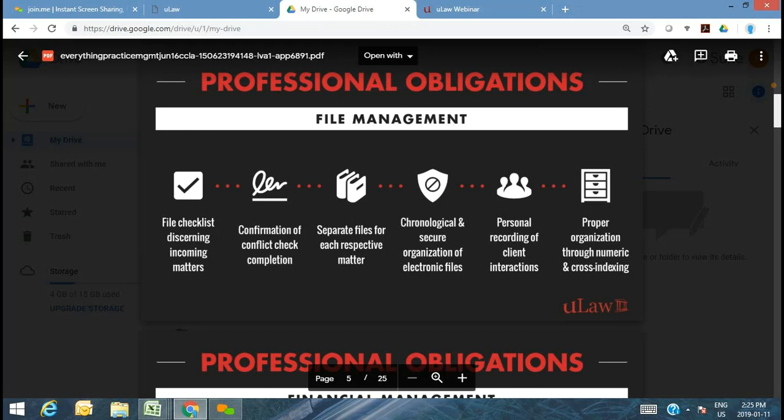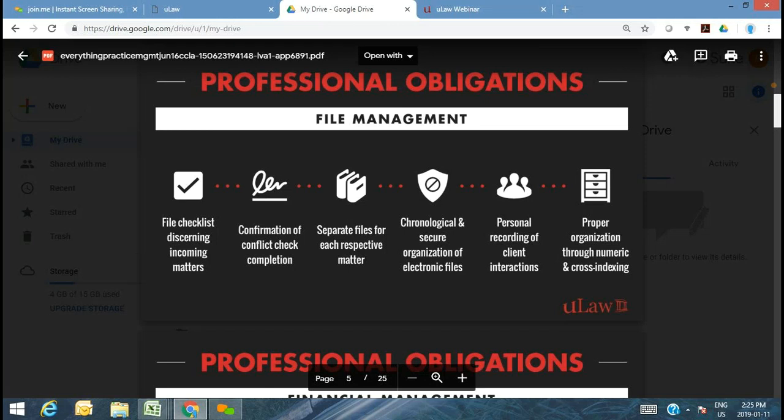We emphasize this next very step almost in all webinars, which is ensuring that you have a separate file number for each and every respective matter. And why we say that is even if there's a single client, and if you may have multiple matters for that same client, imagine a corporate client or just the same client with one being a POA matter and the other being small claims, keep in mind that you are required to maintain separate file numbers for each of those matters, even if it's for the same client.